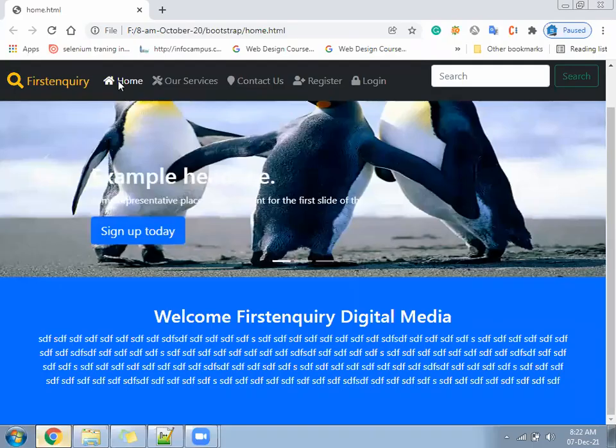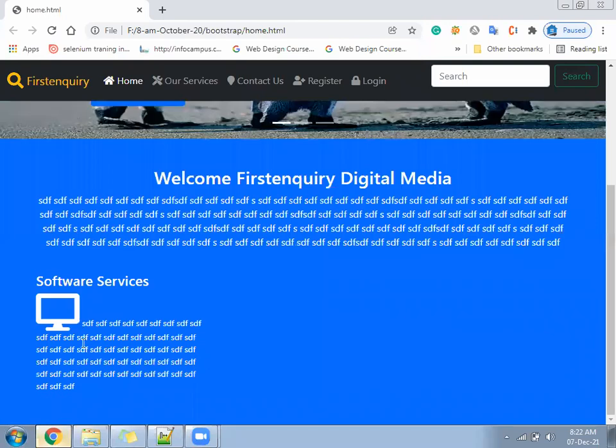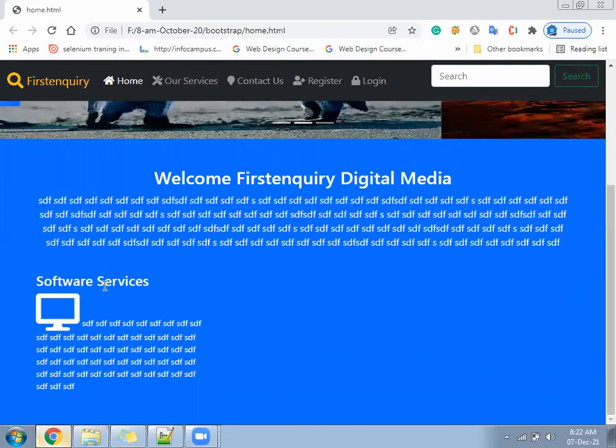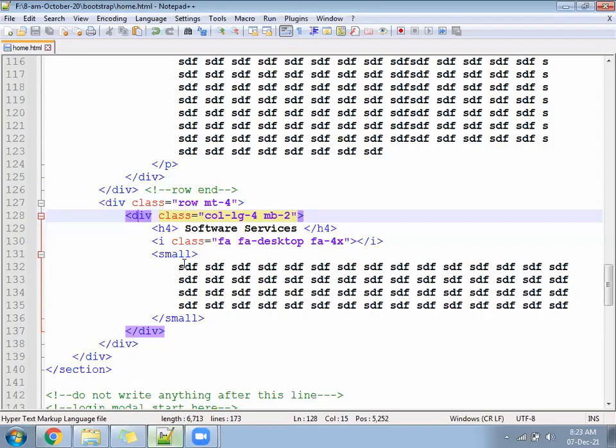So that should look like this. Even service will come here. So it should be text center, then it will look better. Why is it coming on the left side? We have H4, and then the icon, and the icon and the small tag are both in line because it's coming on the same line.